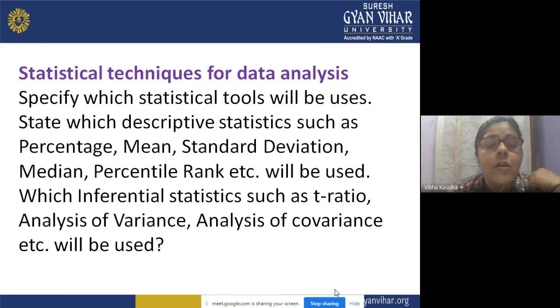Analysis of variance and analysis of covariance will be used. Now in a t-test we make a comparison between two variables. When there are more than two variables, then analysis of variance will be done, and analysis of covariance will be done when we say